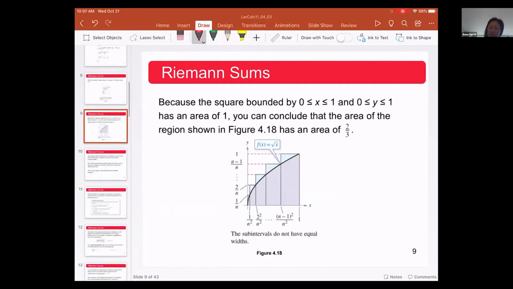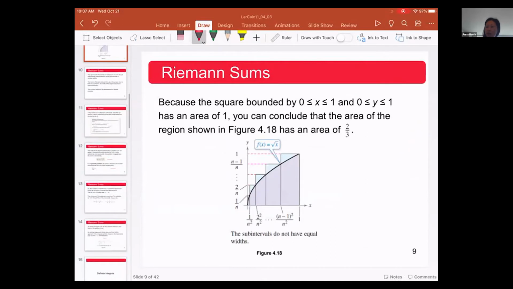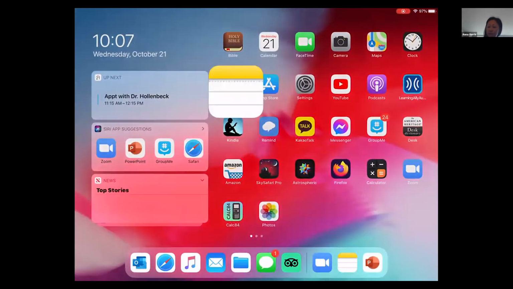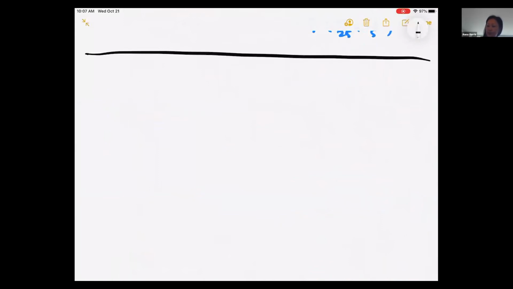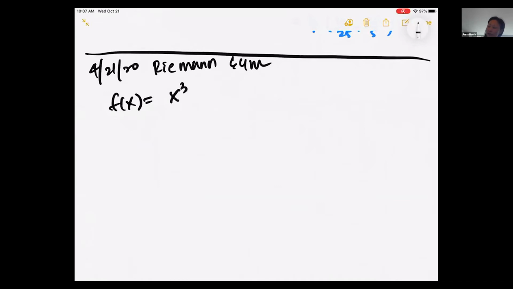So let me draw a picture. Okay, Riemann sum lesson, that's what we're gonna do. So let's try with some easy graphs. If I say f of x equal to, say, x to the third, my graph